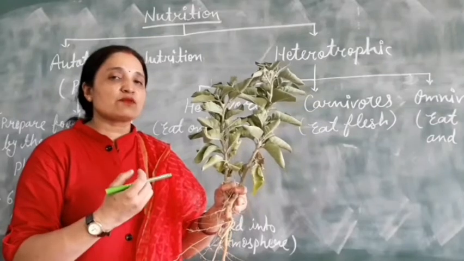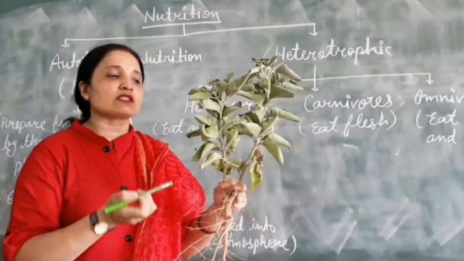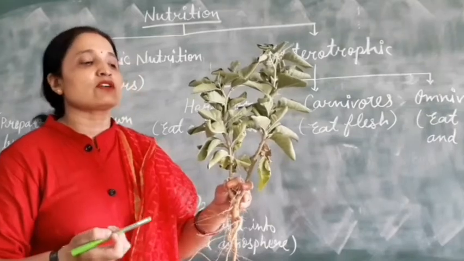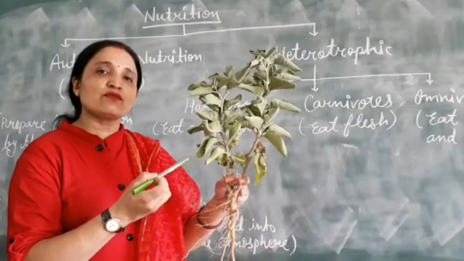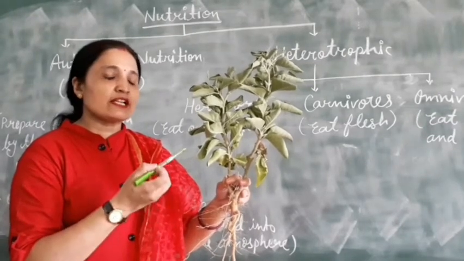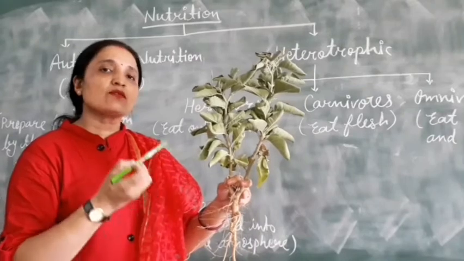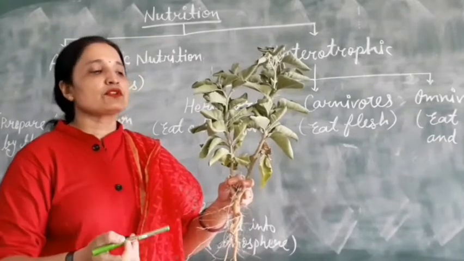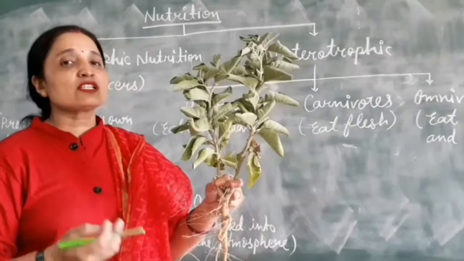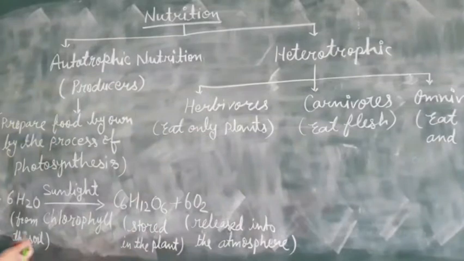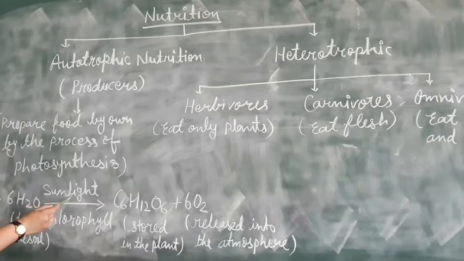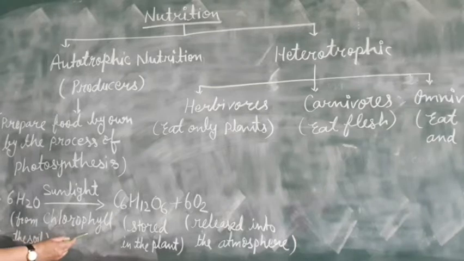And through respiration, they are also producing carbon dioxide inside, so they use this carbon dioxide also. The leaves are known as the food factory of the plants. So in the leaves, they are preparing food by the process of photosynthesis. There are 4 components which are necessary for photosynthesis. One is carbon dioxide, second is water, third is sunlight, and fourth is chlorophyll.